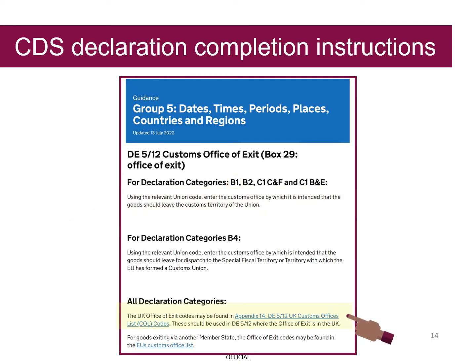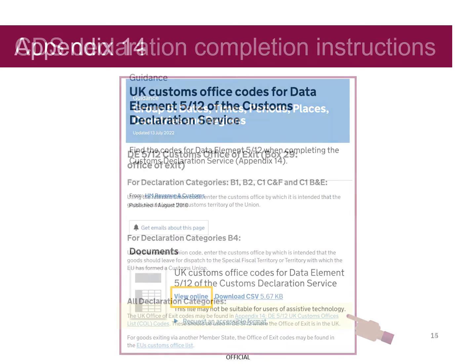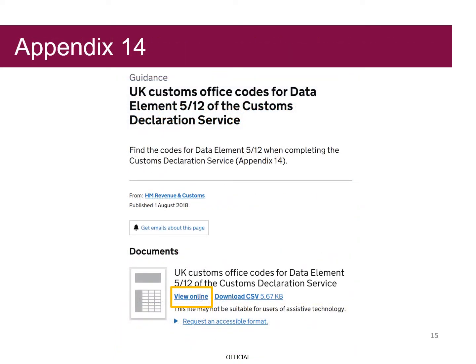However, focusing on the information under the subheading All Declaration Categories, Grayson selects Appendix 14, which has specific data element information on UK Customs Office codes. This then takes Grayson to this page. He selects the option View Online,